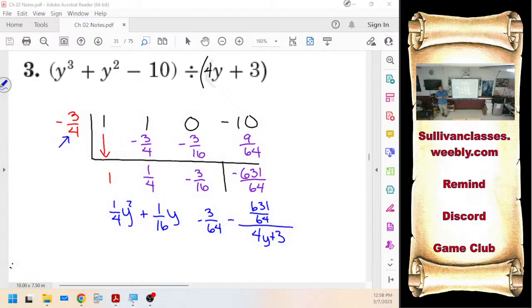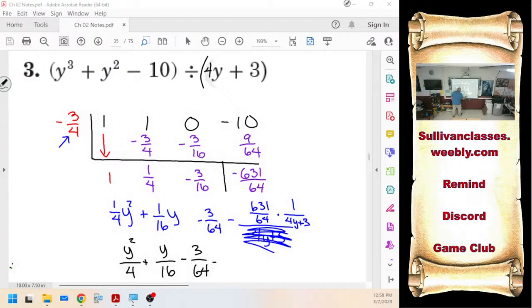It's a compound fraction. I should not leave my answer with a compound fraction. Luckily, dividing by fractions is easy as pie. Flip second, multiply. I'm taking this times a 1 over 4y plus 3. Dividing by that is the same as multiplying by its reciprocal. Multiplying by its reciprocal means I now must distribute 64 in there. Getting final statement. Y squared over 4 plus y over 16 minus 3 over 64 minus 631 over